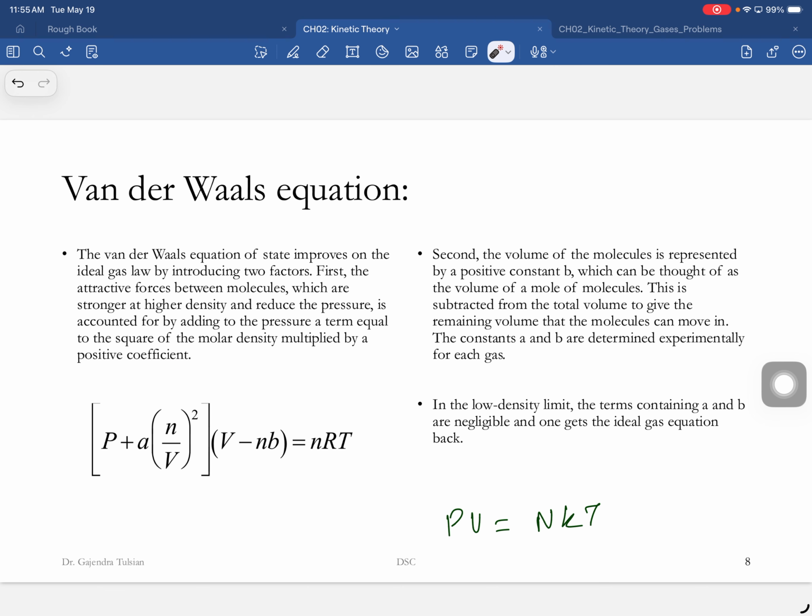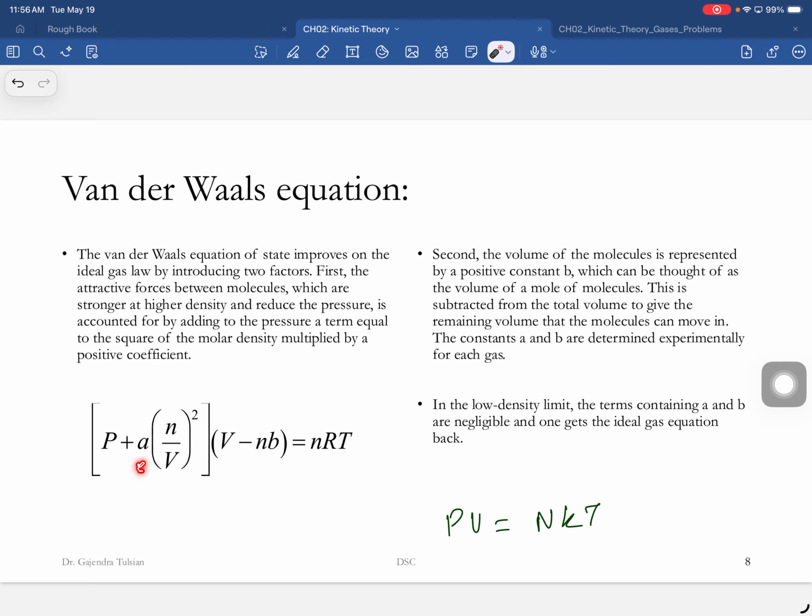In this volume, that's essentially, remember, the volume for the gas to run around in. And this is true as long as the volume of the molecules is negligible. If it's not, you just subtract that volume. So this is related to the density of gas molecules, and this is a constant related to that. So the bigger the molecule, the bigger B will be. So you're subtracting the volume of the gas itself from the total volume. So that's the correction, and you would need that for a high density gas.